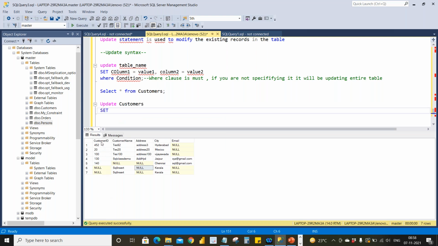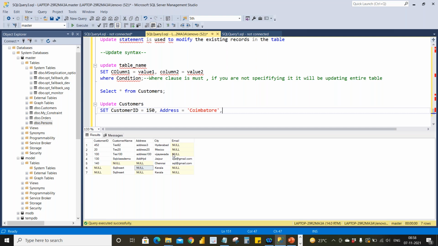Which column do I want to update? I want to update the customer ID. So customer ID equals to the value 150. Okay, then I want to update address. Address equals to Coimbatore,